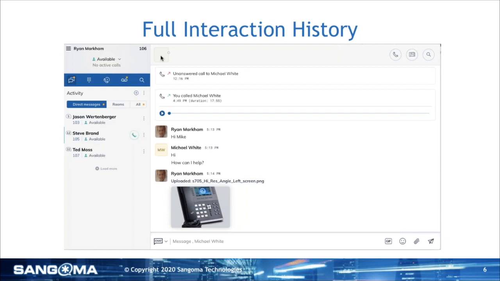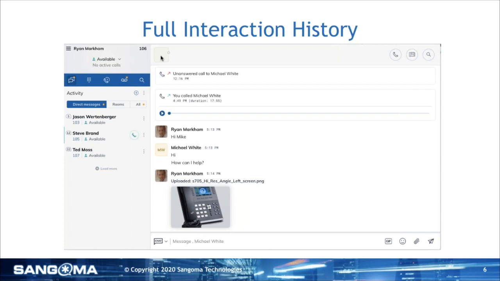We also have rooms, so you can create persistent chat rooms similar to what you would find in HipChat or Slack. So you can build out public or private rooms for specific projects that you want to invite certain team members to work in or on with you. It also supports file sharing. So you can see here that internally I've shared a file. You can send pictures, GIFs. I can do faxing from directly within Zulu.